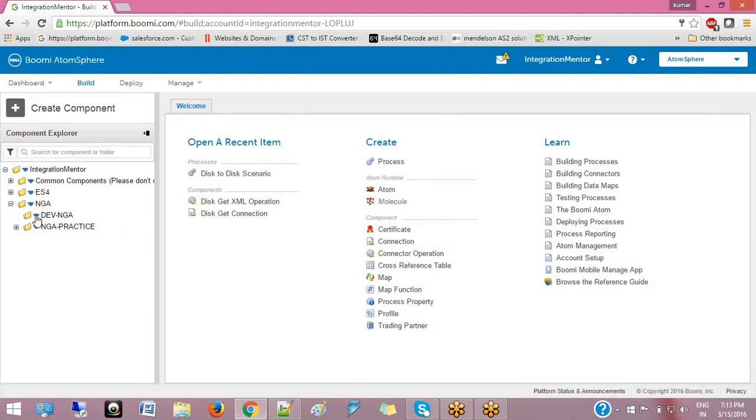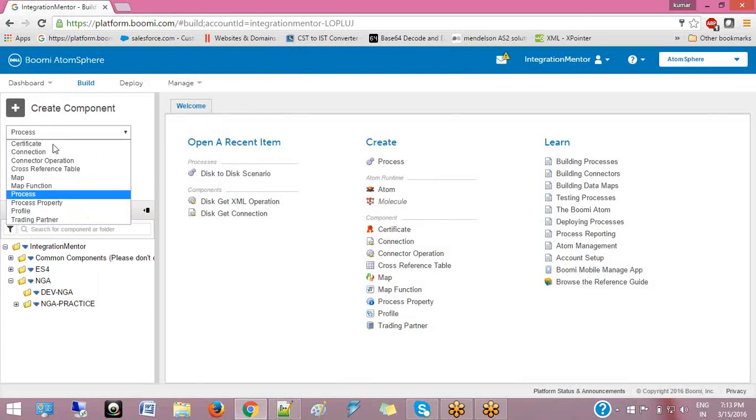Simply press this C button with a left click, and choose new component. Click on it and it will directly go to process by default. Process is one of the reusable components, and it is like a project implementation area